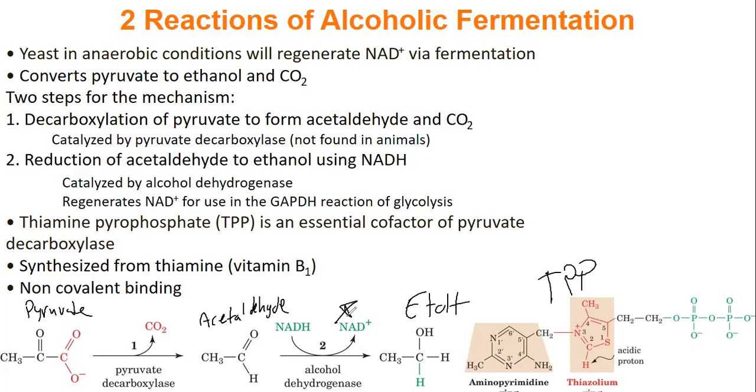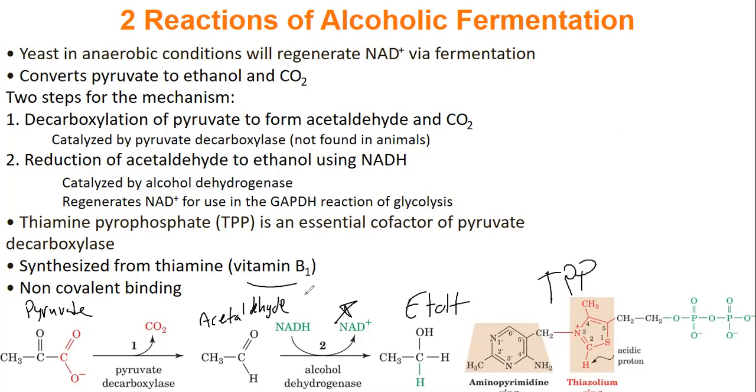For this to work, yeast need thiamine pyrophosphate, or TPP. This is a cofactor, and if you remember what cofactor means from Biochemistry 1, it's a molecule that is naturally not part of the enzyme, but needs to be incorporated into the enzyme for the enzyme to work, right? So TPP is not in the DNA of the organism to make it with the enzyme. We have to take another molecule, in this case, vitamin B1, and what yeast will do is they'll take this